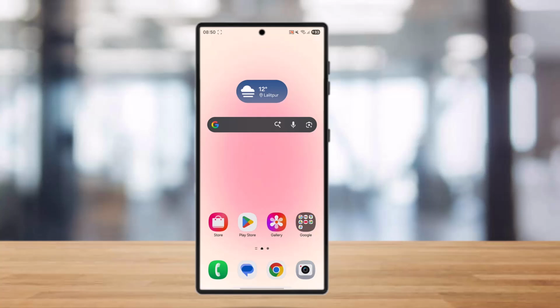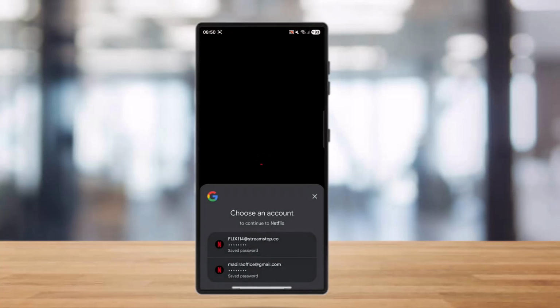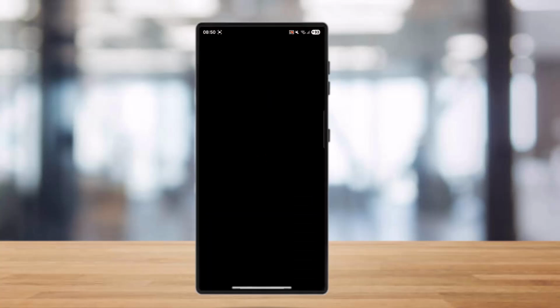So if you want to simply remove devices from your Netflix, you first of all need to get access to your Netflix. Once you have gotten access to your Netflix, you need to go and tap open your account page. Once you are there, you need to get into the page called Manage Access and Devices to sign out specific devices or choose Sign Out All Devices for